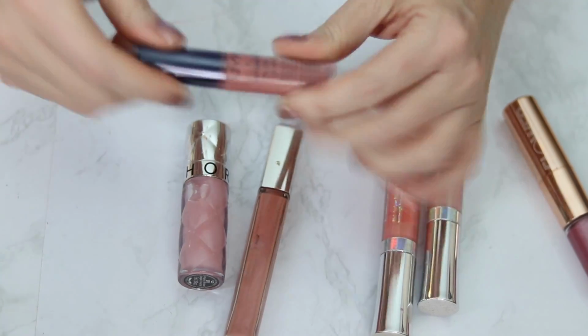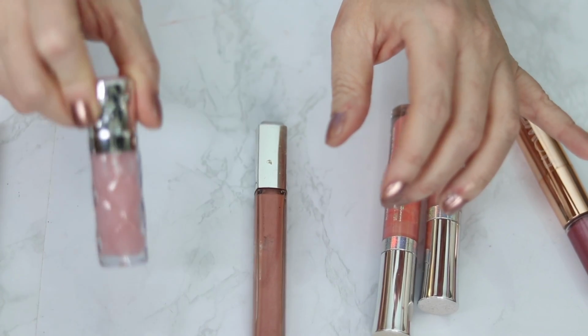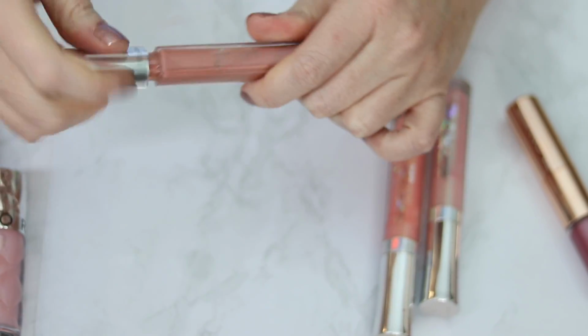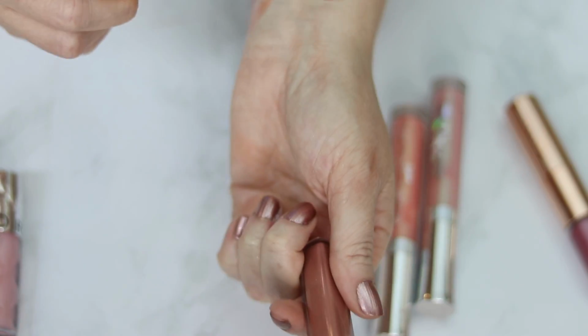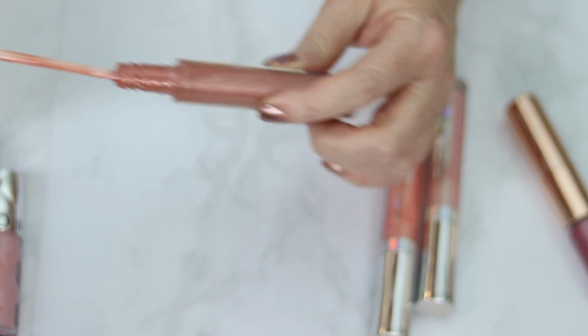I like a gloss to be sheer. This is one of the Sephora lip plumpers in 01. It's kind of a clear color. It's nice, but I just don't find myself reaching for it. This is Topaz by Revlon. I don't love the brush, but it's a really nice gloss, and I used it a good bit, but